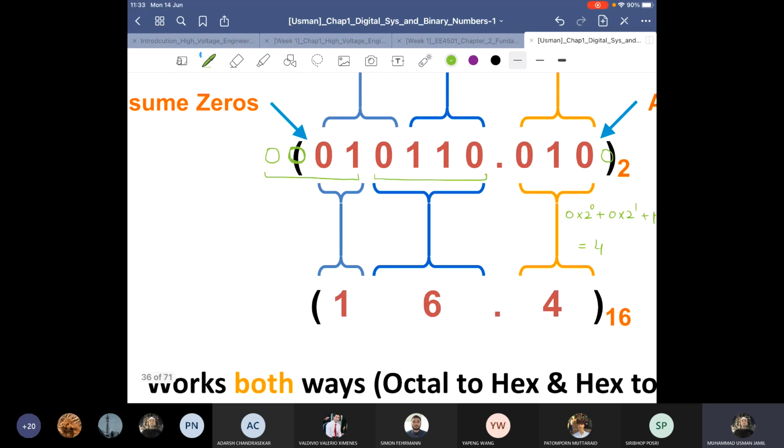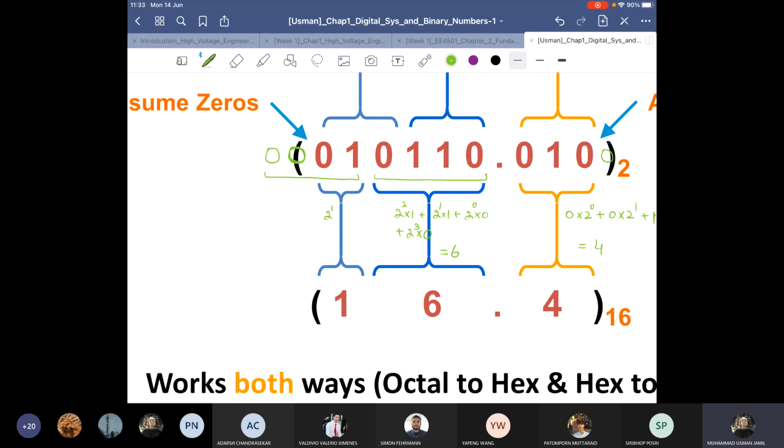And for this one, 2 power 0 into 0, 2 power 1 into 1, 2 power 2 into 1 plus 2 power 3 into 0, which is equal to 6.